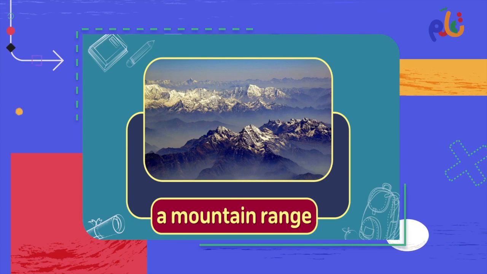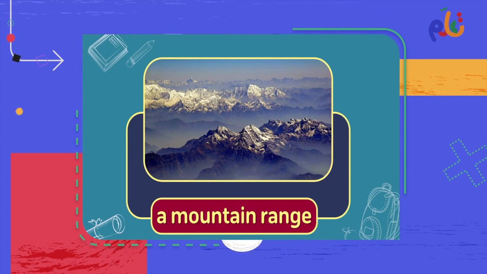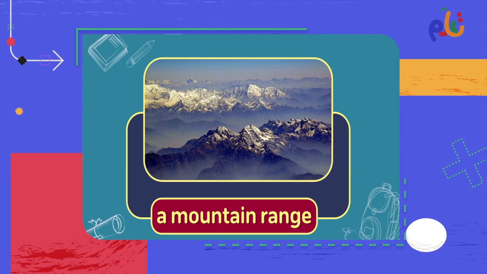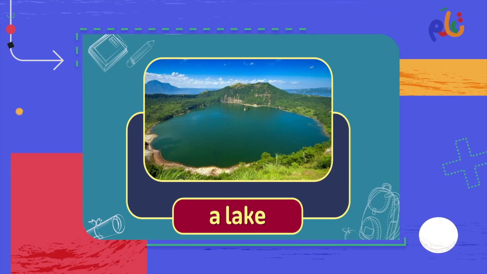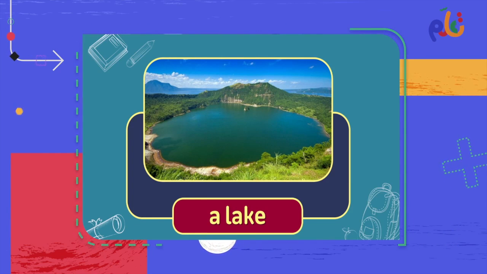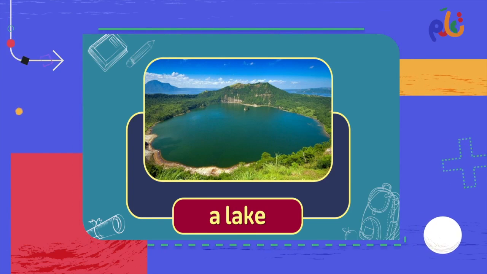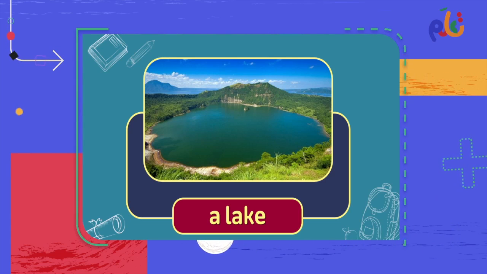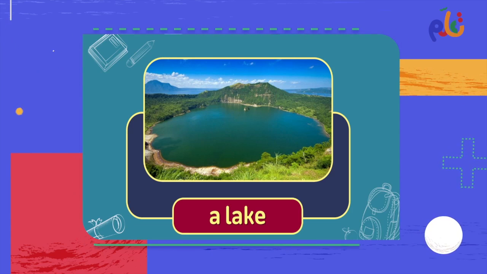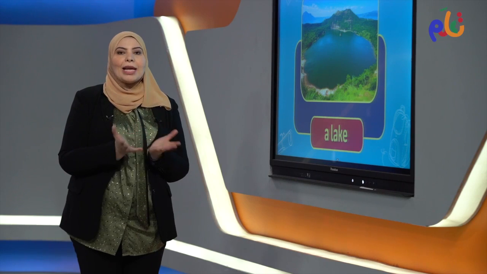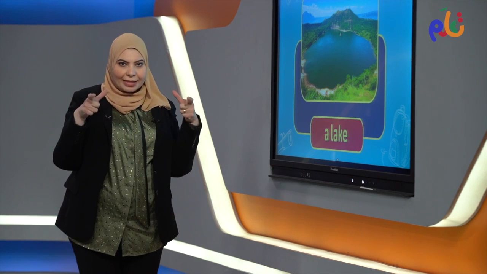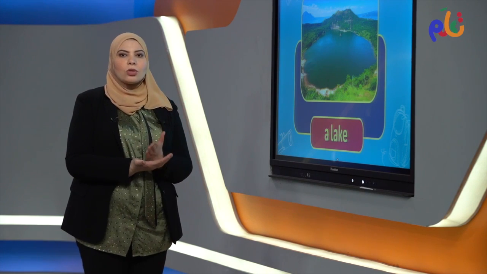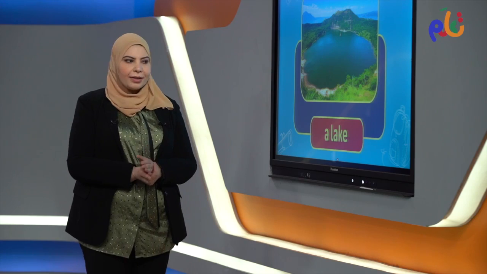And we also have mountain range, or like we said, mountain chain اللي هي سلاسل الجبال أو حدود الجبال. And we have a lake. A lake. So a lake is a small area of water. It might be salty or it might be good water to drink. lake اللي هي البحيرة. So ممكن تبقى صالحة للشرب أو غير صالحة, but it's a small area of water. So it's called lake.